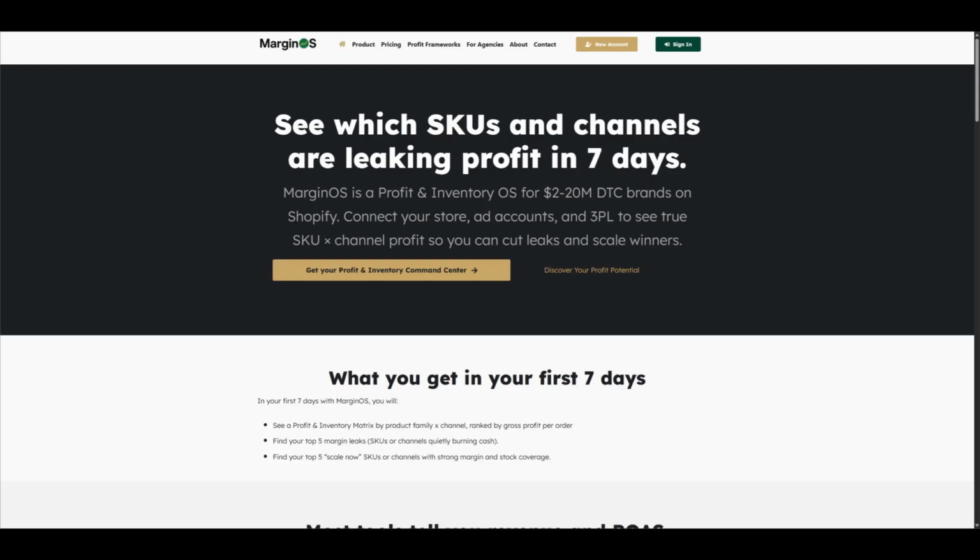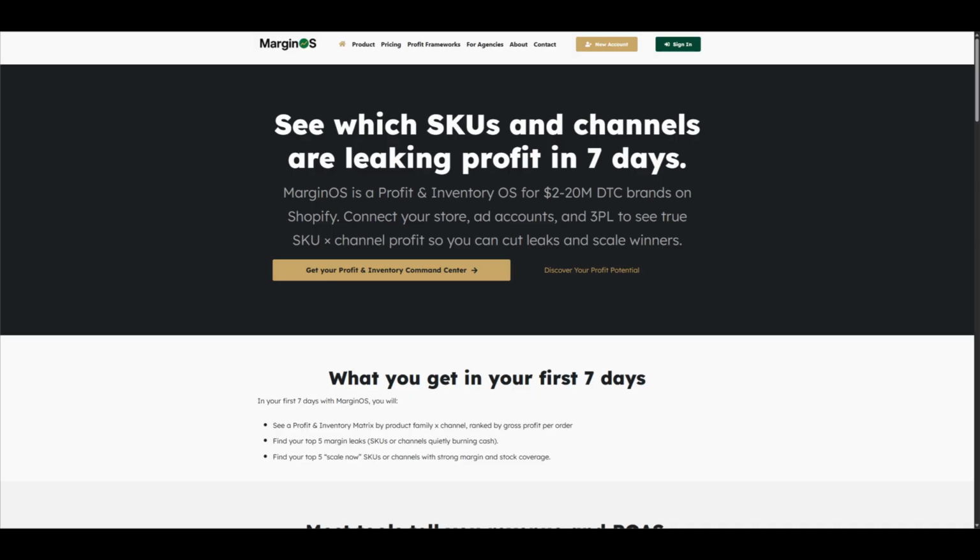If you run a $2 to $20 million Shopify brand, you probably have more dashboards than decisions. Shopify tells you what happened. MarginOS tells you what to fix, where to push, and where you are about to get hurt. Let me show you what that actually looks like so you can see if this deserves to be your default